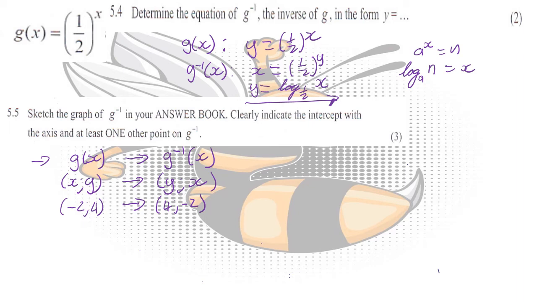We also know that g of x, since it's an exponential function, intercepts my y-axis at the coordinate (0, 1), because there were no translations. And if there are no translations, the exponential function always has a y-intercept at (0, 1). So we know that that's another coordinate on g of x. And if it goes to the inverse of g, then the coordinate just swaps around. So that means we know that,